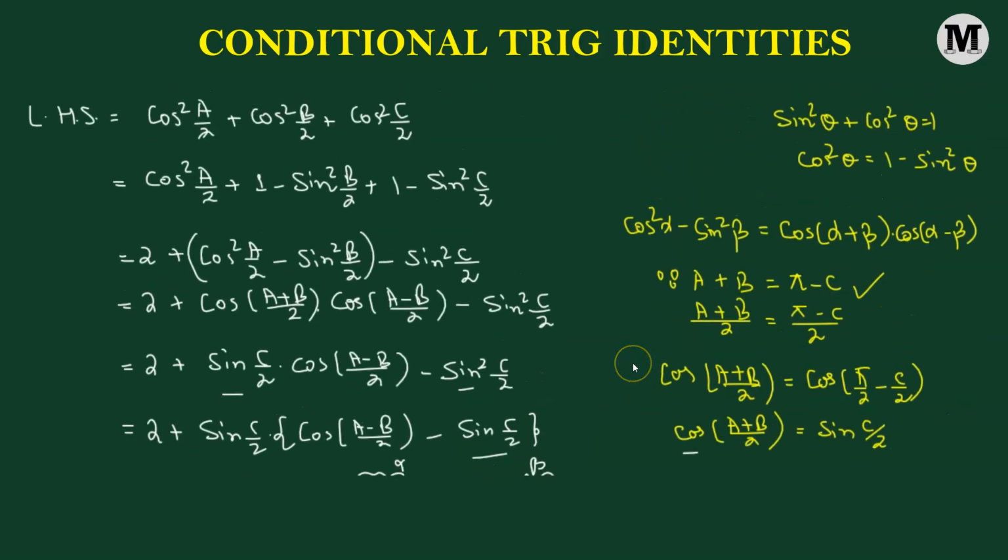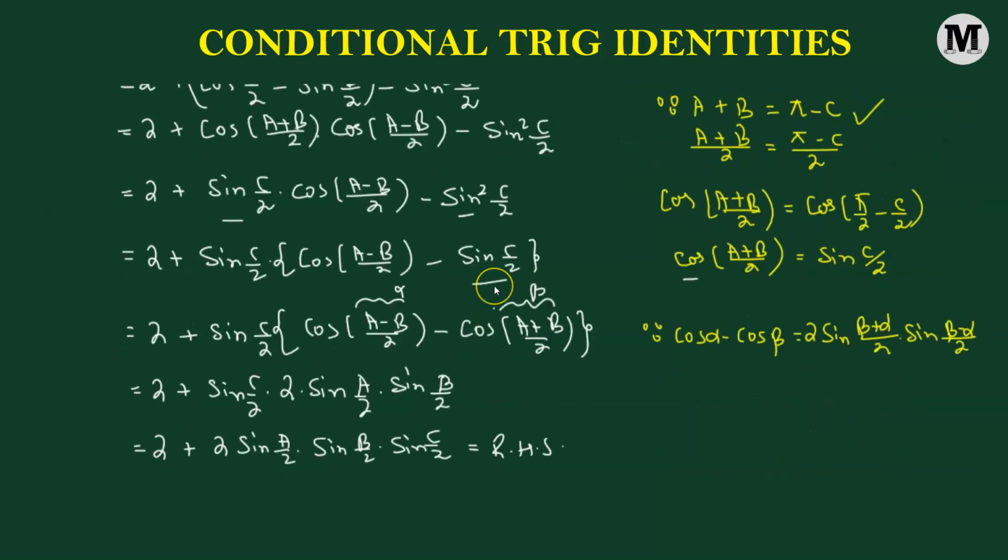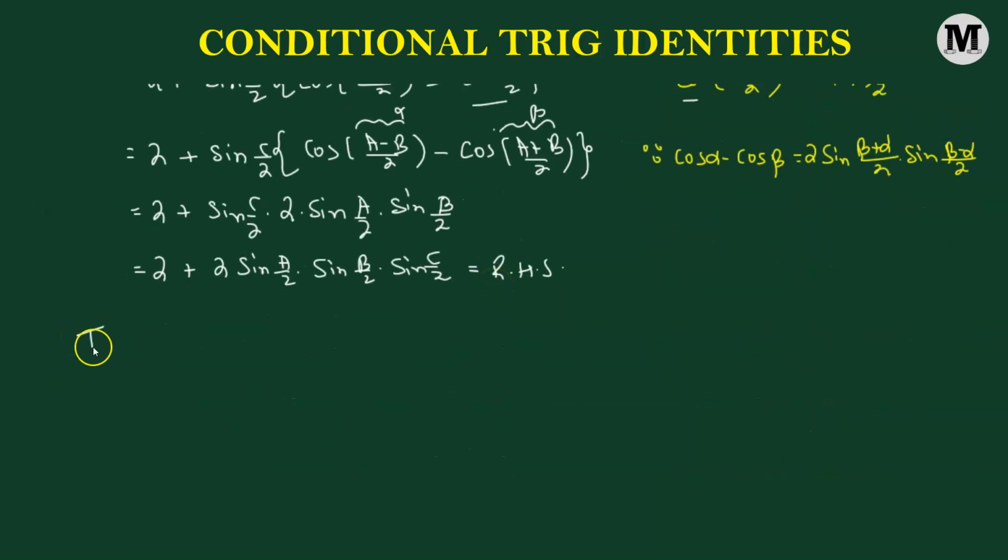Let's verify it once more. We needed 2 added to 2 times the product of sine A over 2, sine B over 2 and sine C over 2. So we have successfully shown that the left hand side equals the right hand side. Hence